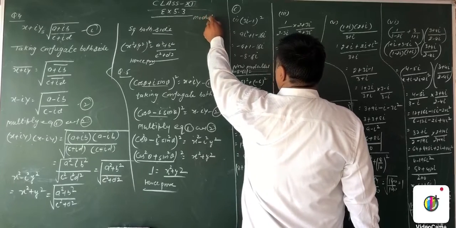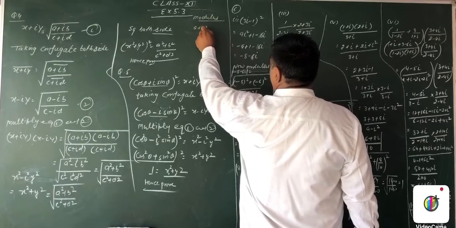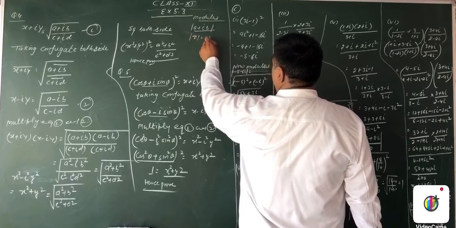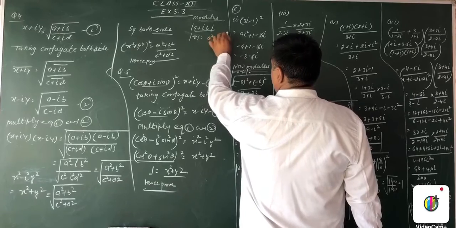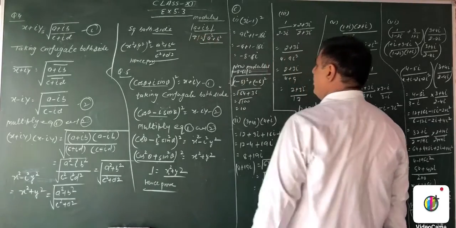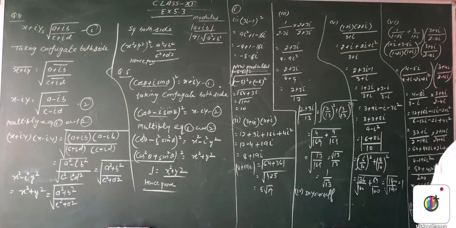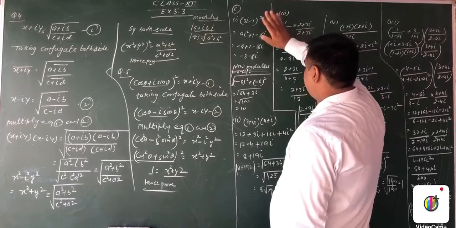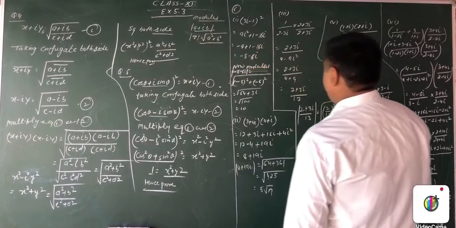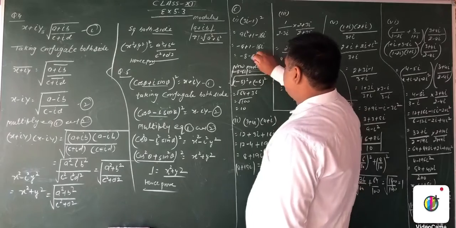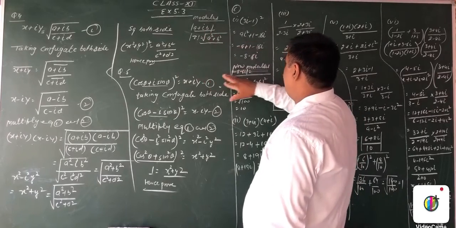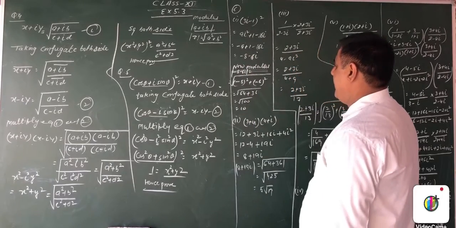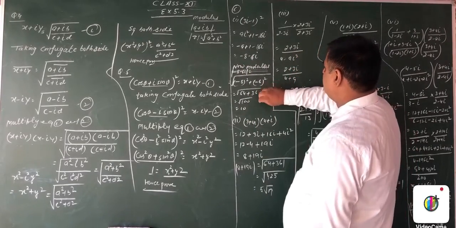In question number 6 we have to find the modulus of these functions. The modulus of a complex number a plus iota b, denoted by modulus of z, is equal to the square root of real part square plus imaginary part square. This is the modulus of the complex number. Now we are given the function (3 iota minus 1) whole square. First we simplify the function and put it in the simplest form a plus iota b. Then we take real part square plus imaginary part square under the square root to find the modulus of this given function.